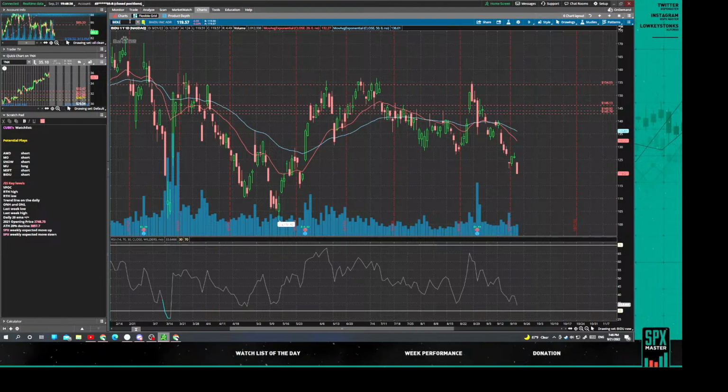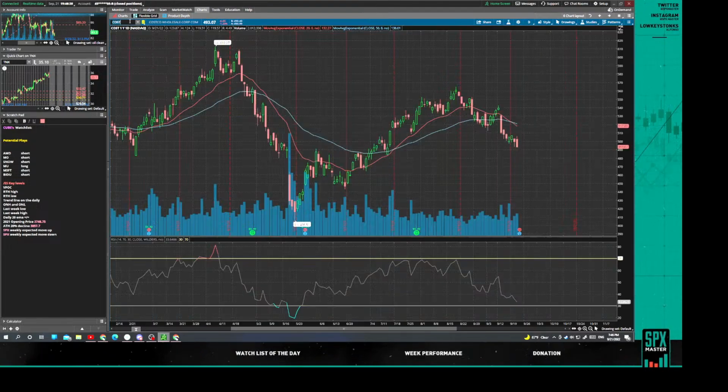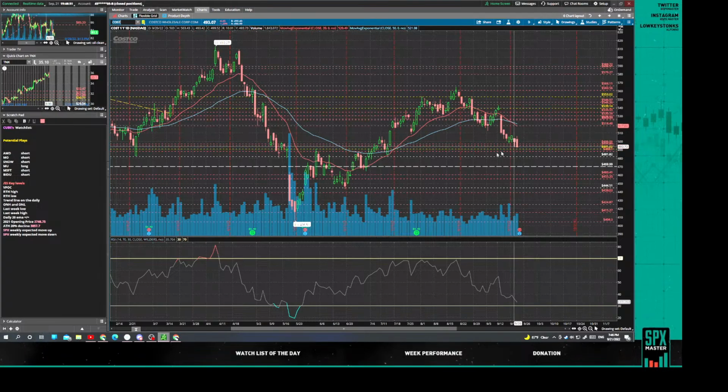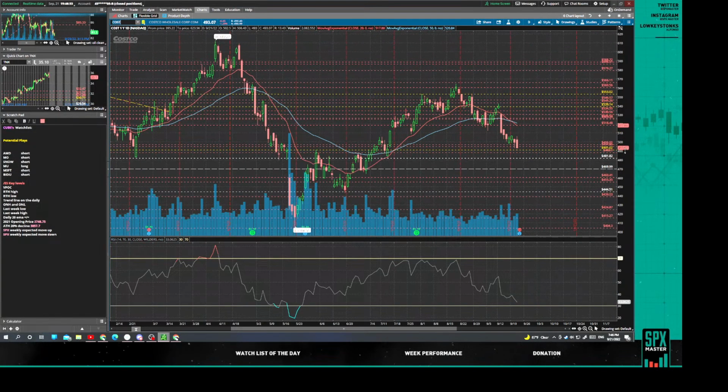Costco as well looks like a good short. Let's see, Costco. Oh, it looks like it broke this. I think I can see 481.82 soon. I just pray that the overnight does not open at negative 2%. No, I didn't swing anything. I'm more of a day trader. I'm just being screwed by the swings a lot of times.